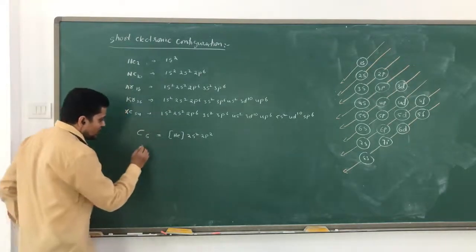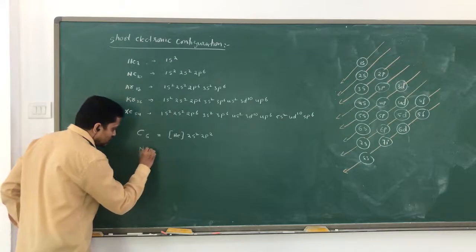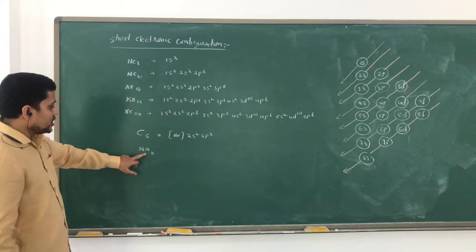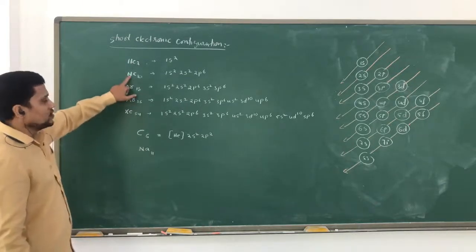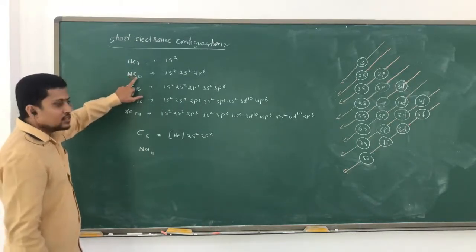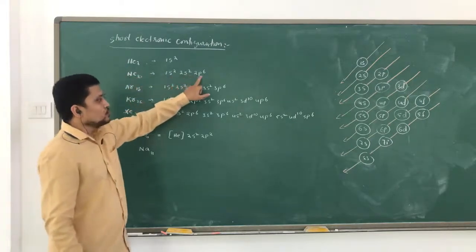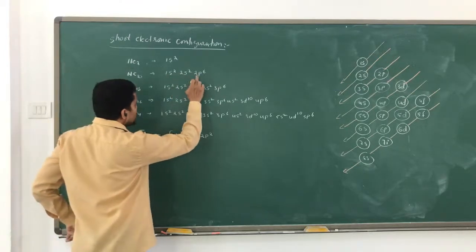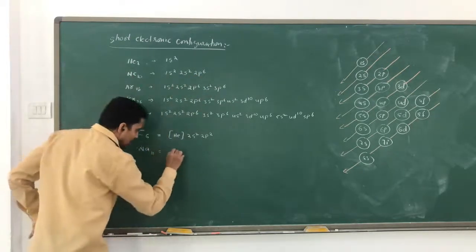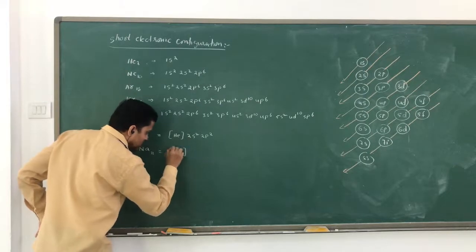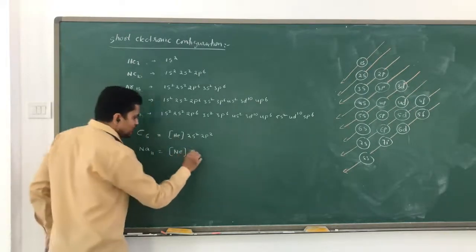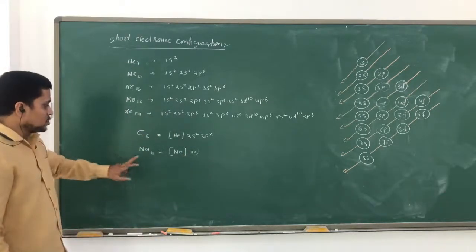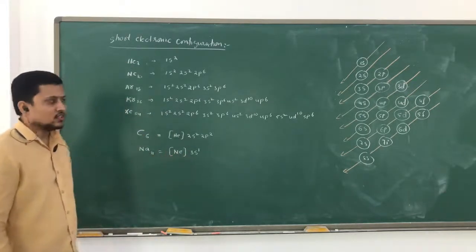In the same way, suppose I go for sodium, atomic number 11. Before sodium, the noble gas is neon, atomic number 10: 1s2, 2s2, 2p6. Now we are not writing 1s2, 2s2, 2p6; instead we write neon in brackets. Then the next is 3s1. That is completed, and this is the short electronic configuration of sodium.